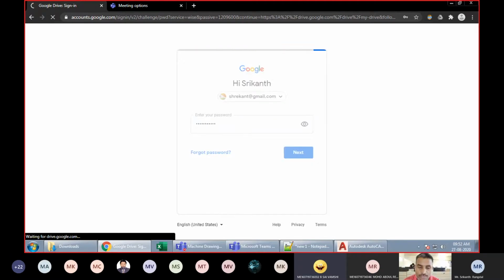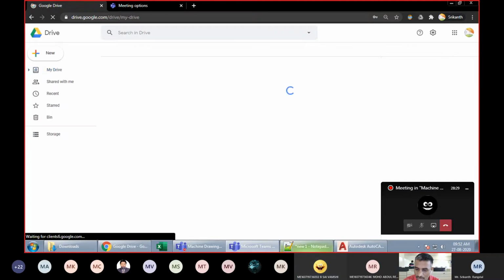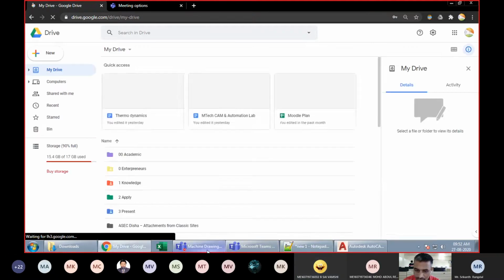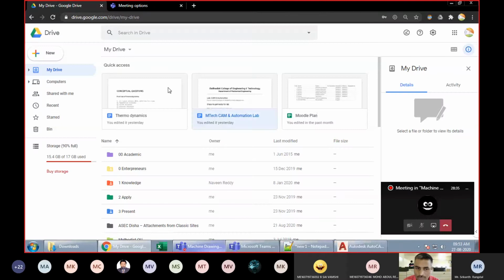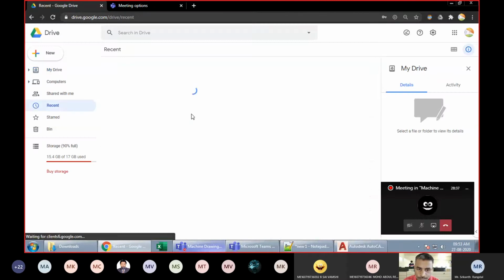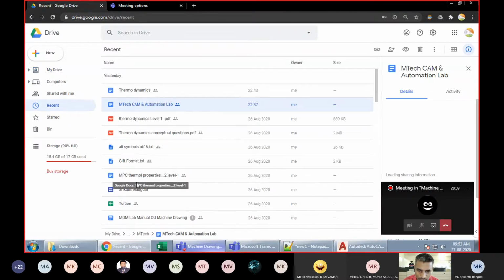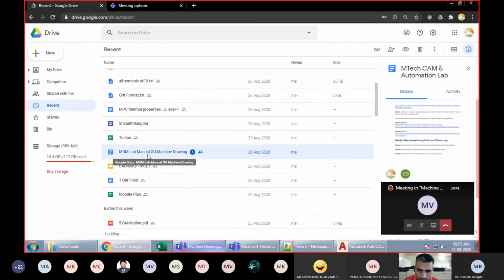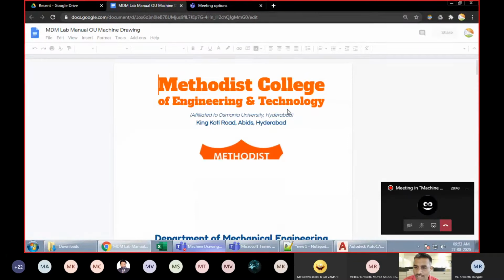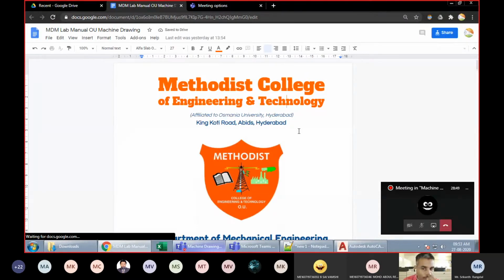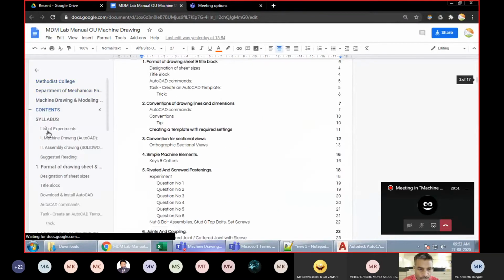The shortcut to the user manual I have placed again on the Teams, and I will also share it on your WhatsApp if it is not visible to some of you. Okay. So yeah. So after the class, I'll share the link to this on your WhatsApp also. No need to worry. Okay.